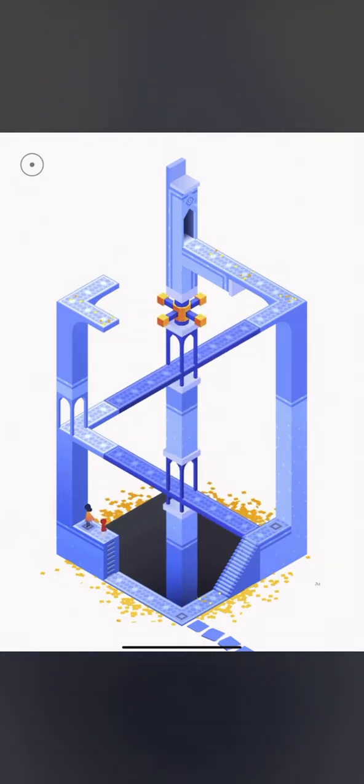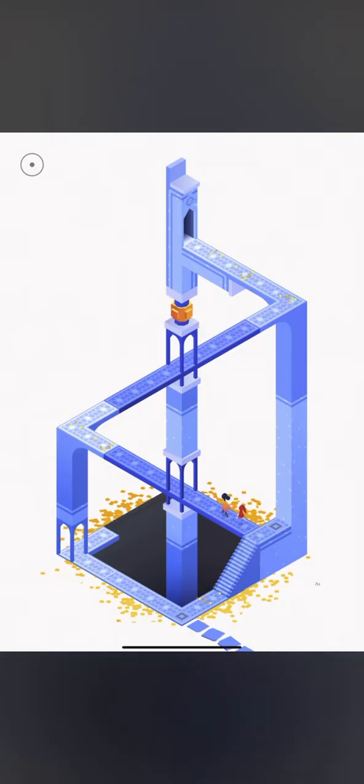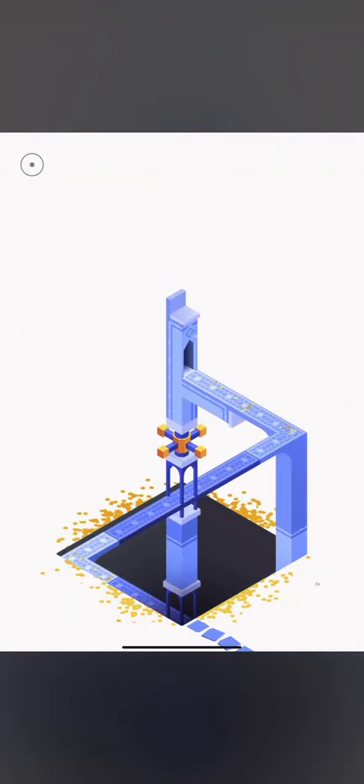But what's nice about this game is that after you play it for a while, it becomes a little intuitive. So I'm able to get through these stages pretty simply, knowing how the game mechanics work and knowing how things rotate and how this plays out. The game becomes a little bit easier, but it's really nice to just look at and go on this adventure with our characters. And again, very cinematic sequences and transitions.